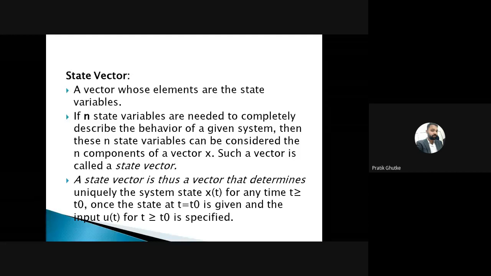If n state variables are needed to completely describe the behavior of the given system, then these n state variables can be considered the n components of a vector x, such that the vector is a state vector. Now, a state vector is thus a vector that uniquely determines the system state x of t for any time t greater than or equal to t0,